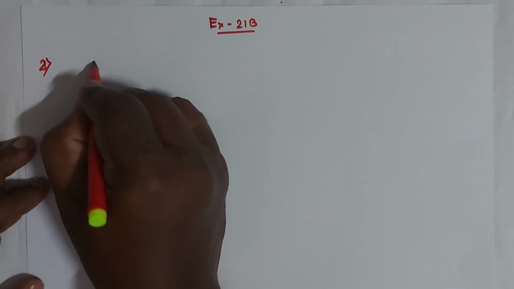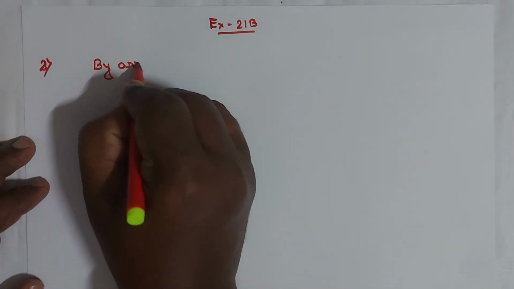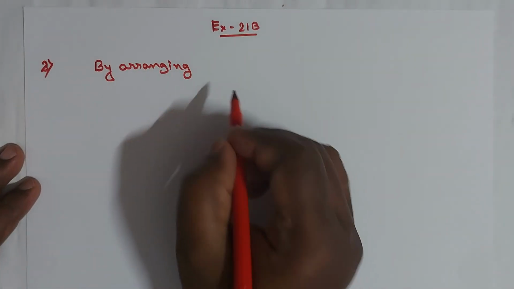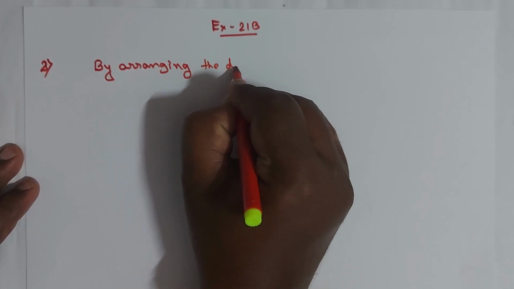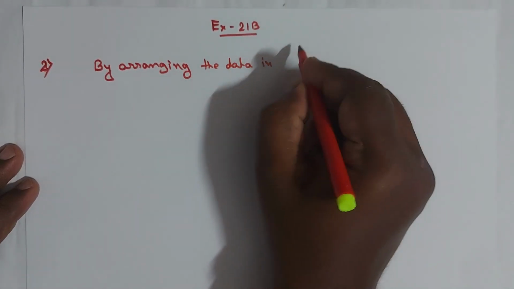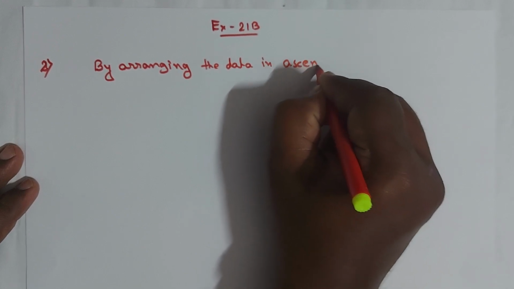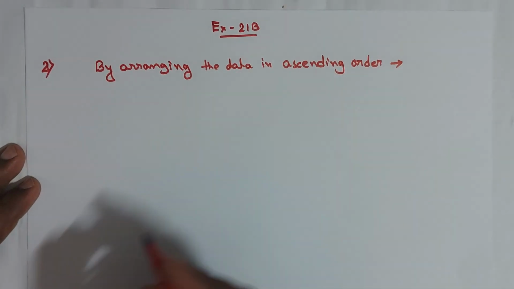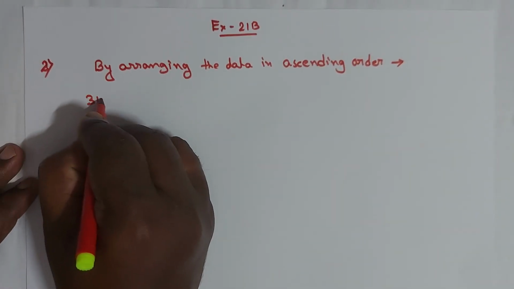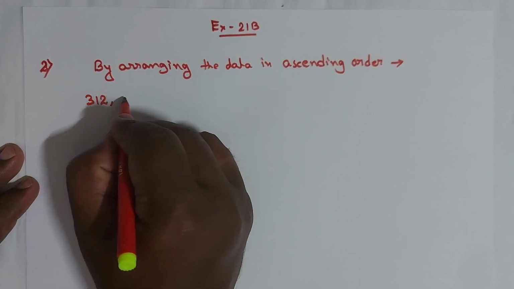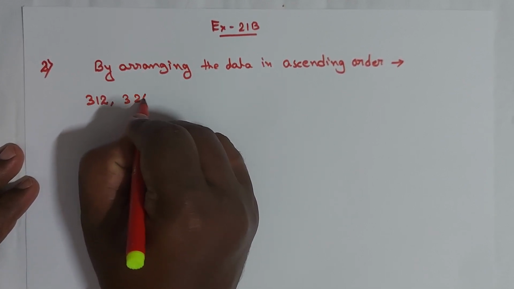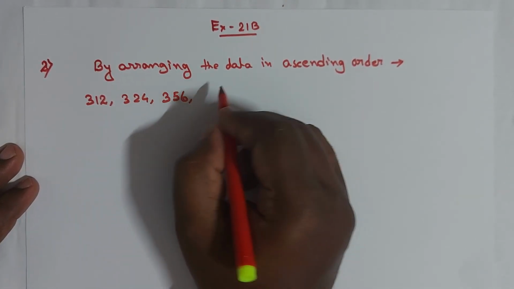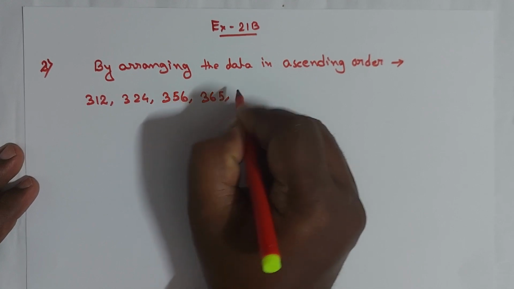So we will write by arranging the data in ascending order: $312, $324, then $356, after that $365,